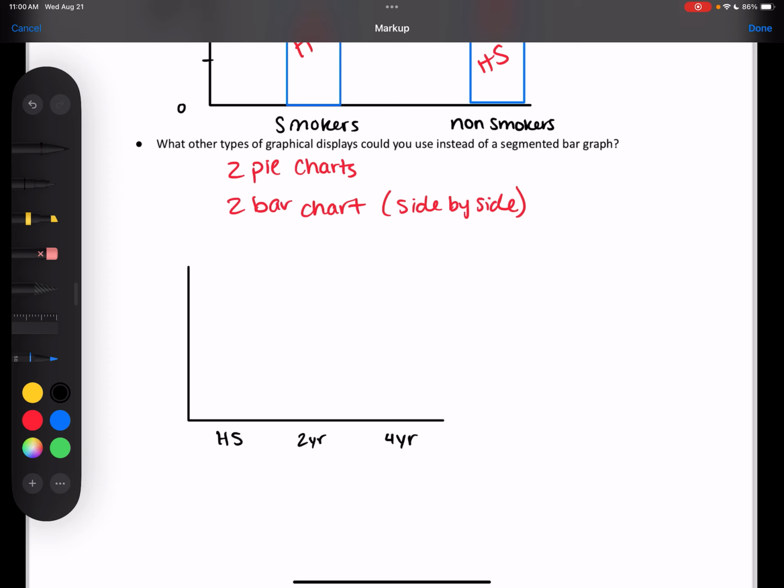The side-by-side bar charts, the bars for high school, both bars will touch, but then there's going to be a gap, and then both bars for 2-year will touch, and so on and so forth. So, like 2 for each kind of thing? Yeah. And so I would use 2 different colors here, not necessarily for doing the math, but when you do your bar charts, draw them out with a pencil and color it in with a highlighter or something to show that there's a difference. These are still going to be percentages over here if you want to mark off up to 100%.